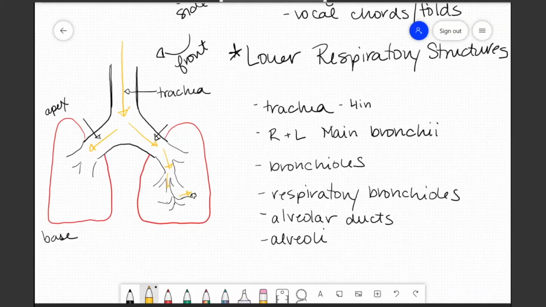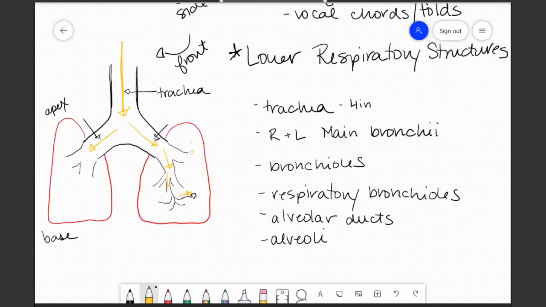You go from a large highway to a side street, to a small highway, to a side street, to the entrance to your neighborhood, and that entrance into a cul-de-sac. And at the end of the cul-de-sac is your alveoli, and that's where you'll have exchange of gases. So if you do that a lot, and you go from one highway into all of these little